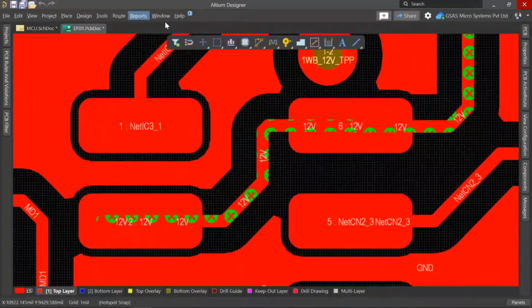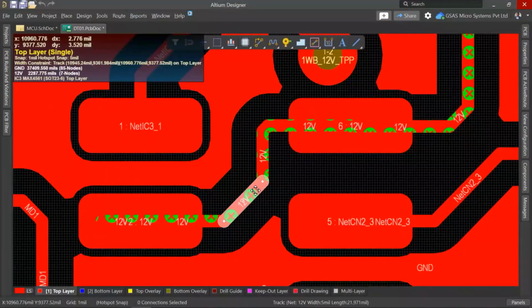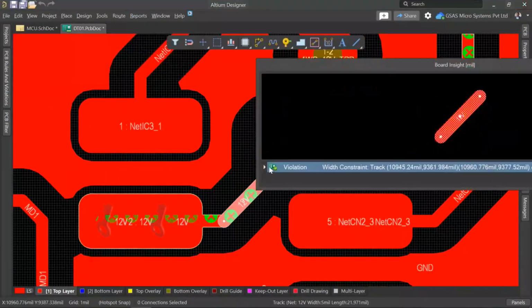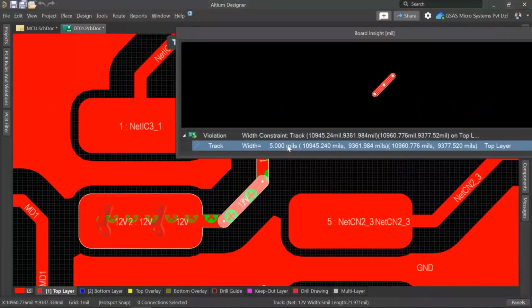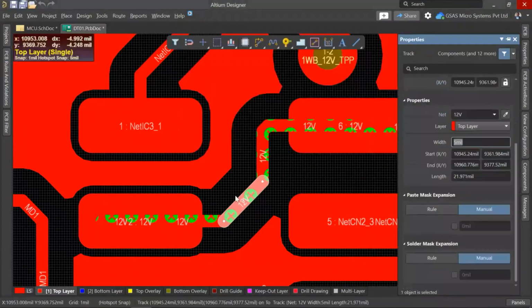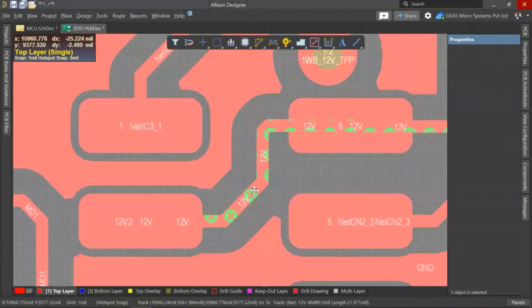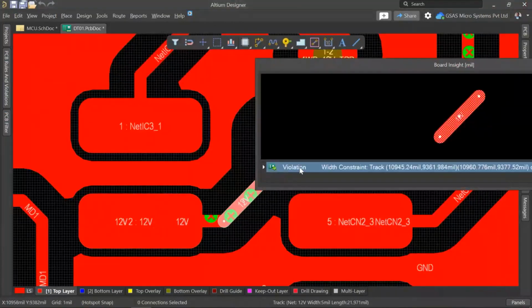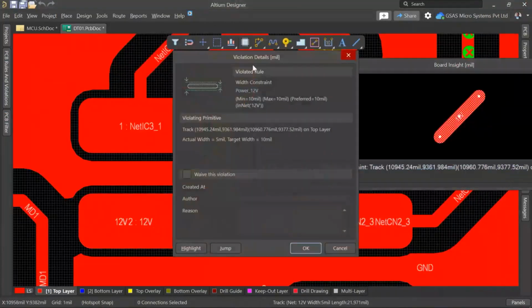If you want to see what the violation is, just select this net trace and press Shift V. When you press Shift V, you can see the violation here. What is it saying? The width constraint is 5 mil. If you want to see it, just click on these properties. Then the same message will open. Wait a second. Shift V. Right click, properties. Yes, just see here. It is saying the power volts net is actually included with the 5 mil, but as per design it should be 10 mil. Okay, that's why it is throwing an error.